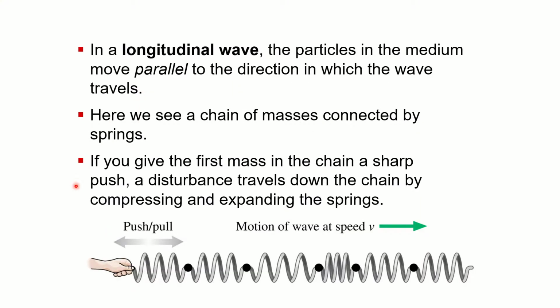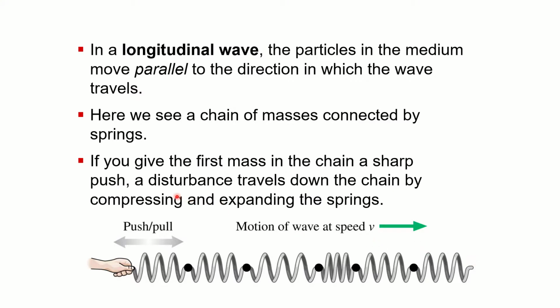The other type is a longitudinal wave, where the displacement or disturbance in the medium is in the same direction as the wave travels. This is what happens with sound, and a lot of other types of waves. One example is if you take a spring or a slinky and hold it stretched and smack the end a bit, you'll see that the spring compresses and goes back and forth this way, and that disturbance travels along the spring that way.